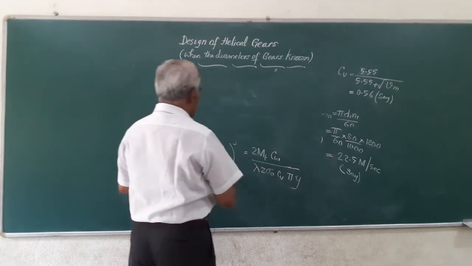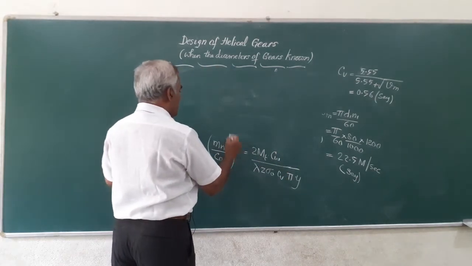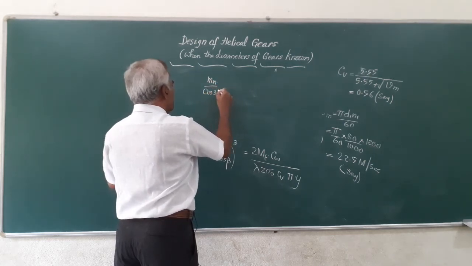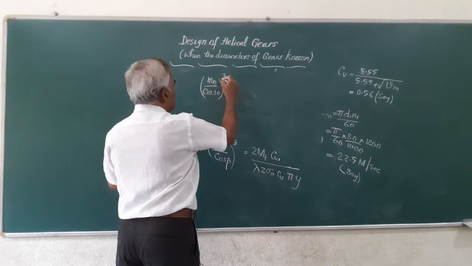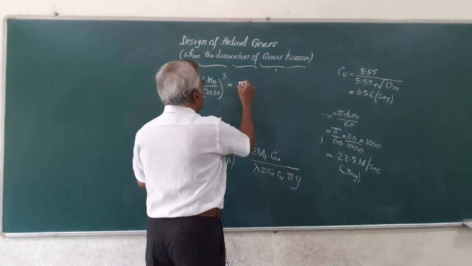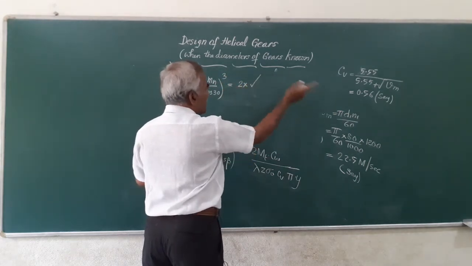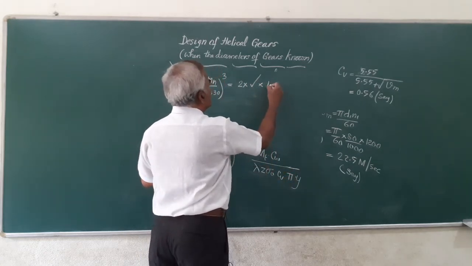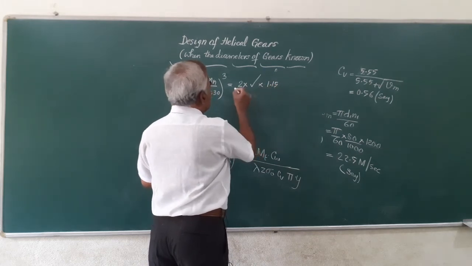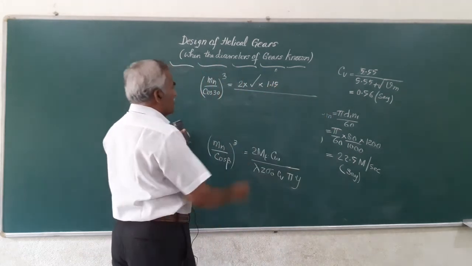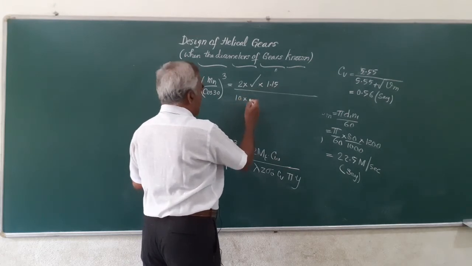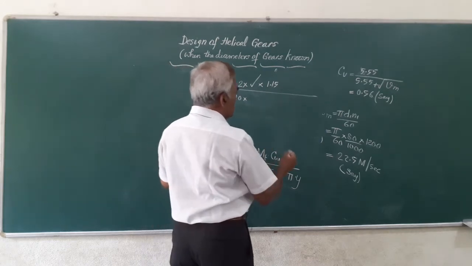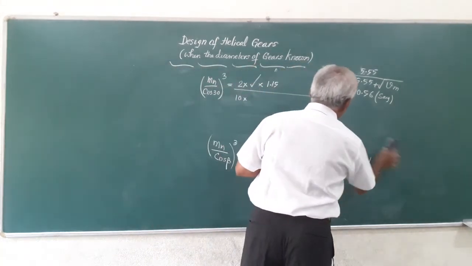So if I make the substitution, this will be Mn by cos 30 cube is equal to 2 times MT, the MT value you have calculated, CW wear and lubrication factor, and this is 1.15 obtained from the data handbook, you got this lambda as 10 and z in terms of module you are getting. So, how did you get the value? I will just show you again, repeat this.